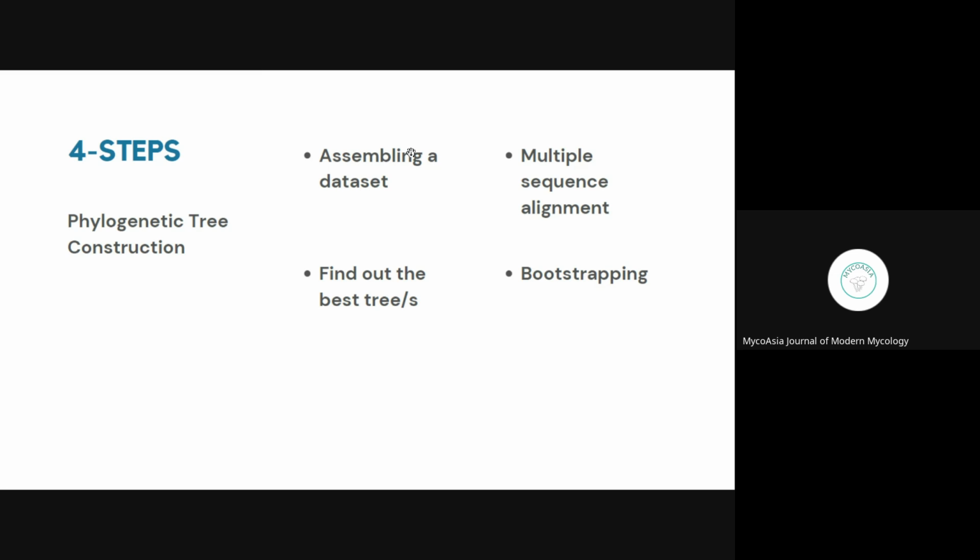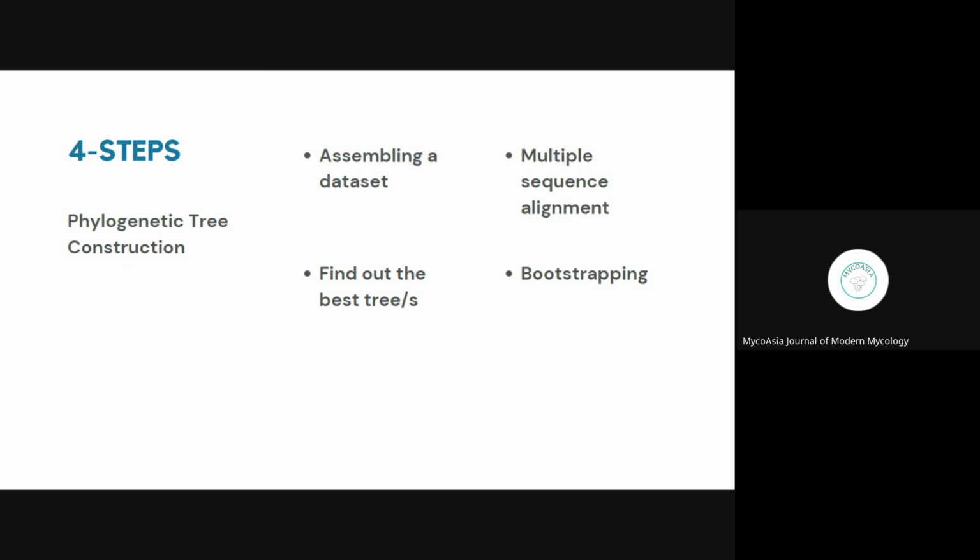Once you assemble it, you need to align the sequences, so we have to do multiple sequence alignment. It is not a very simple thing to do. I will talk about multiple sequence alignment when I come to the coming slide. Multiple sequence alignment is a very critical step in phylogenetic tree construction, where the sequences are aligned in such a way that each column represents some kind of evolution. So once your multiple sequence alignment of the gene sequences or protein sequences is ready,